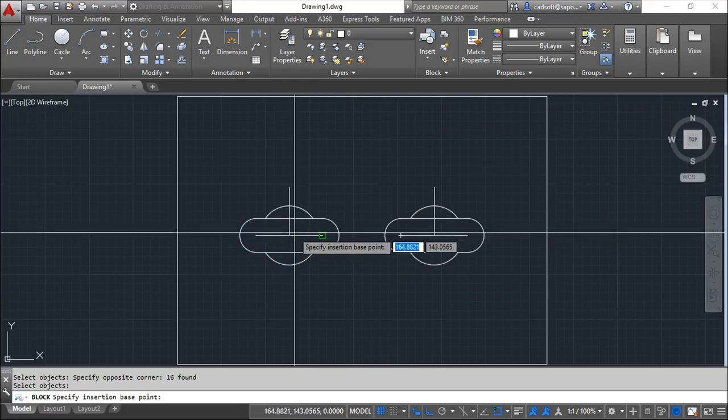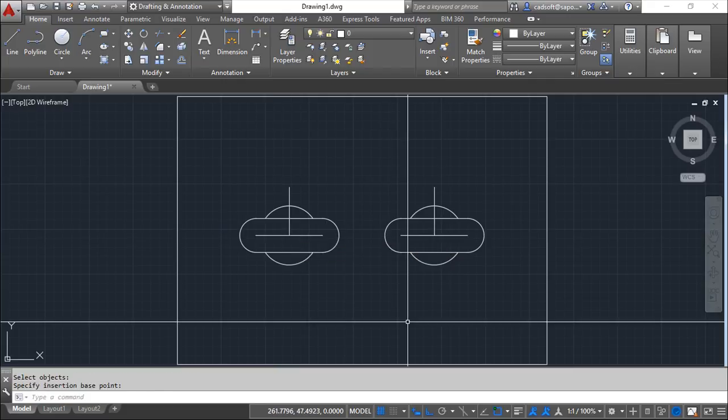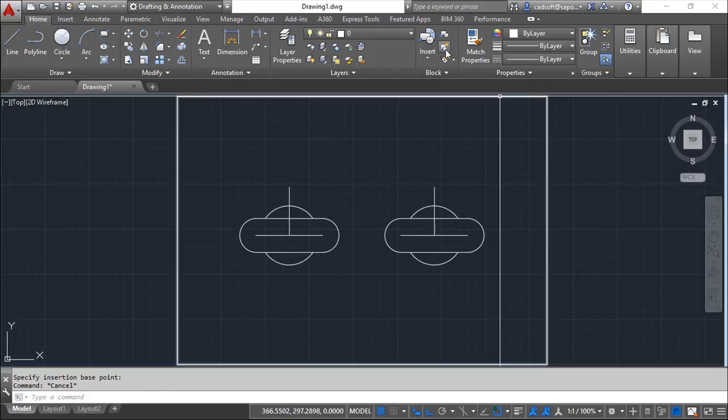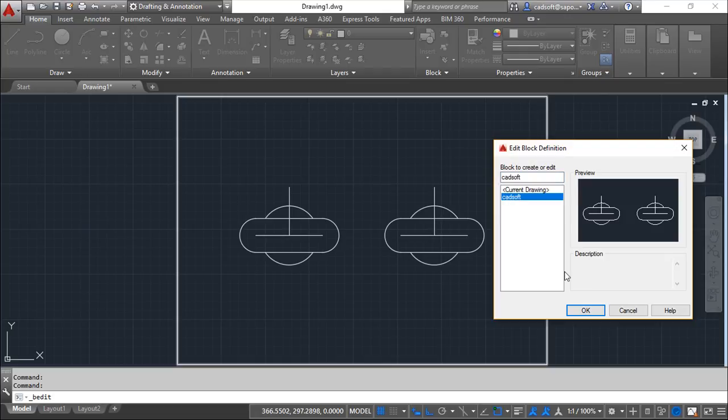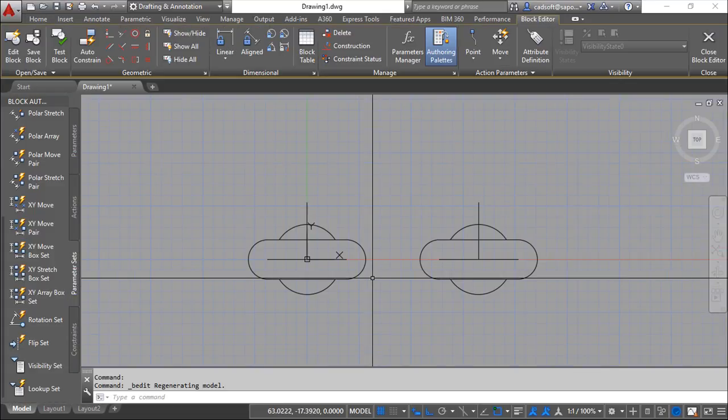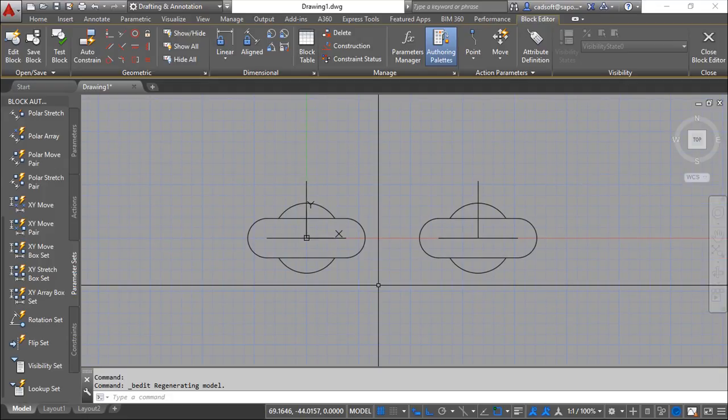And insertion point, it can be, for example, in here, no problem. Now let us open it with the block editor, and let us put some geometrical and dimensional constraints. So the idea now is to